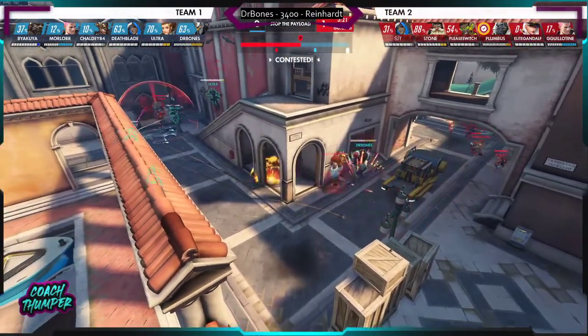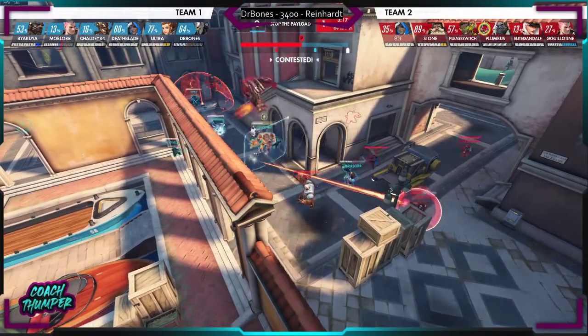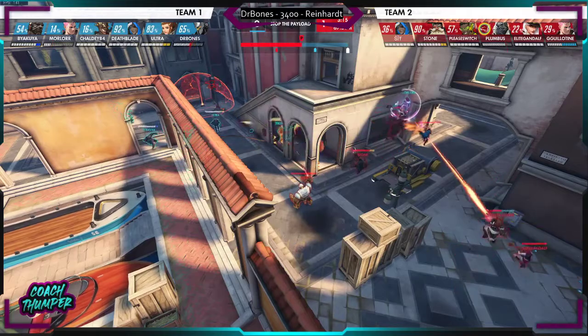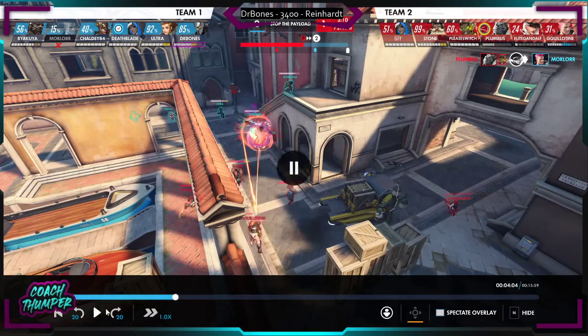Bob, do something. Zarya is at a weird offense. Zarya's really not playing. Like, there's no reason. I mean,